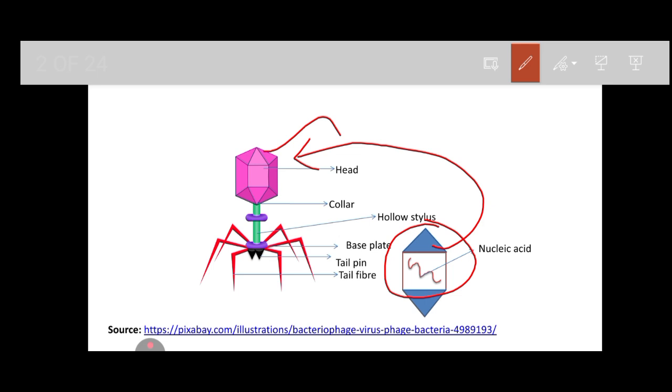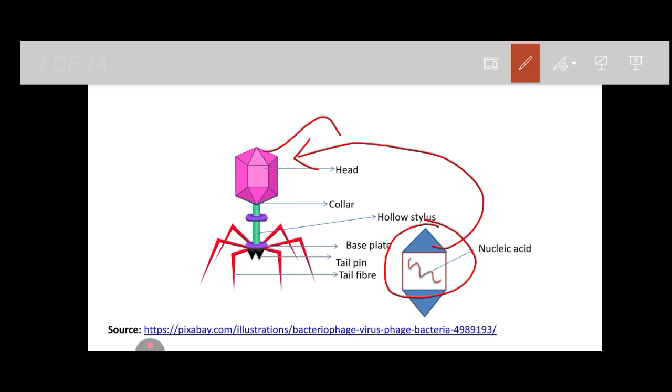At the base of the stylus, you could find the base plate, the purple color layer. Below the purple color layer, you could find pins called tail pins, and tail fibers are the basic structures that make up the mature virus particle or virions,